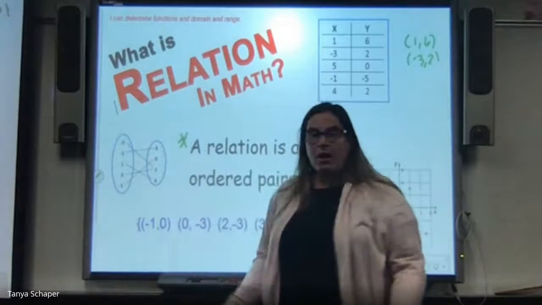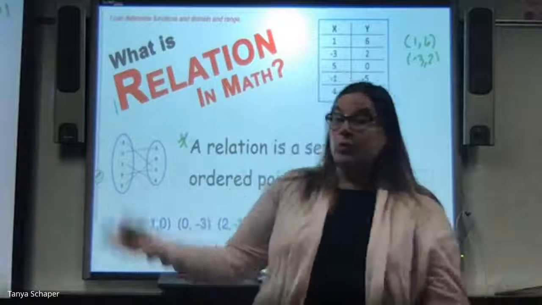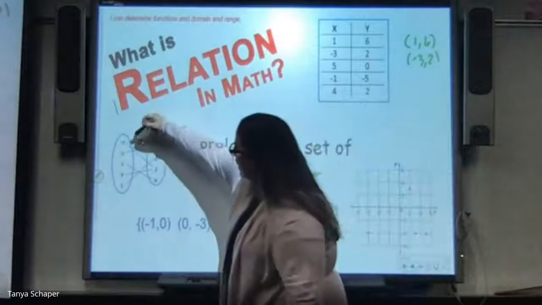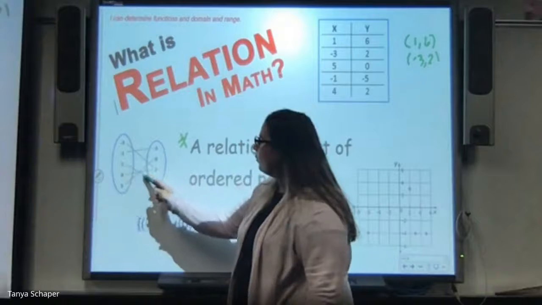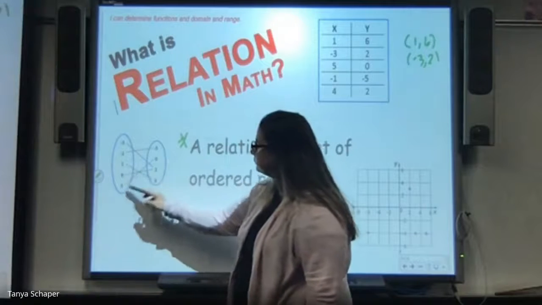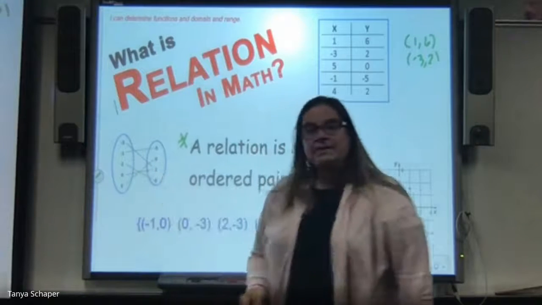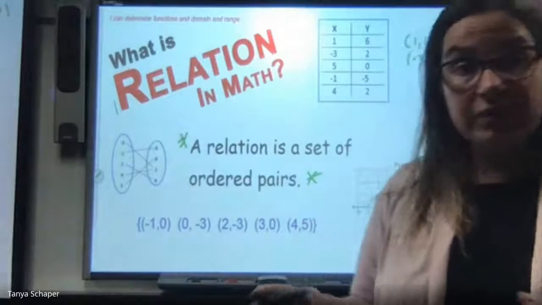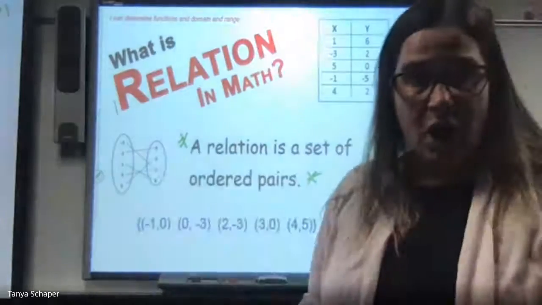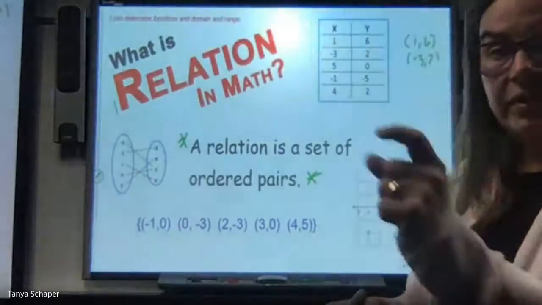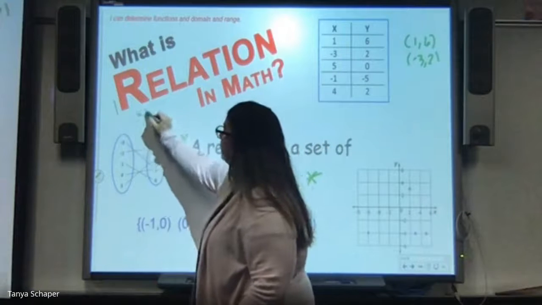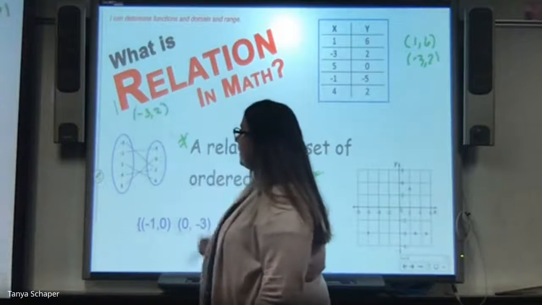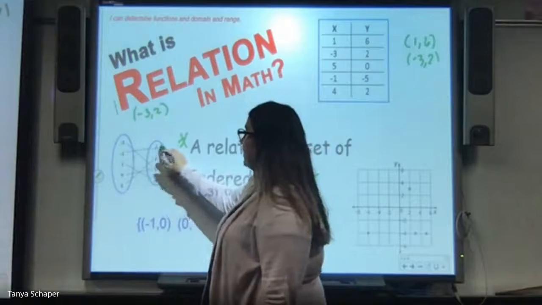On the right side are all of your outputs, all of your y values, and it draws a line connecting the input with the output. That's what a map does. It's important to draw those lines from your input to your output so that you can see what the pairs are. So for example, -3, 2 is an ordered pair,